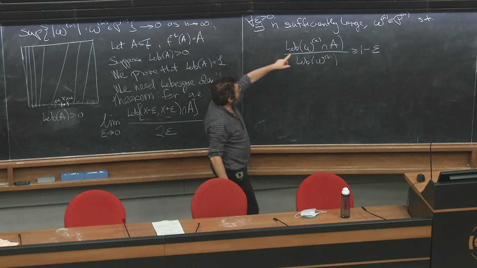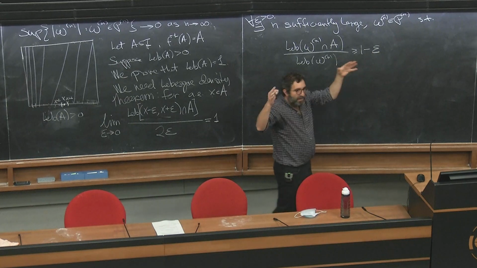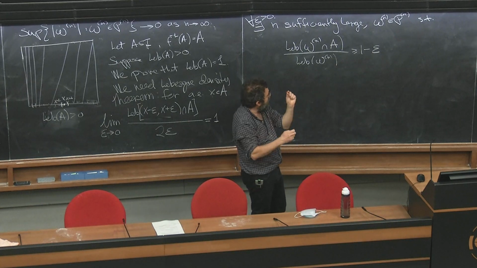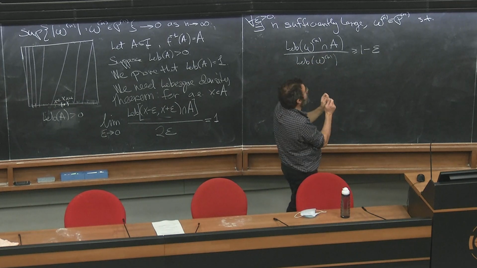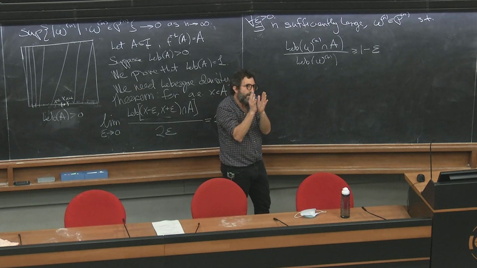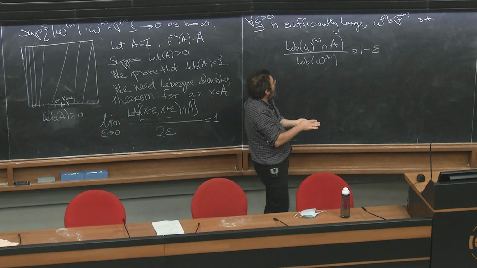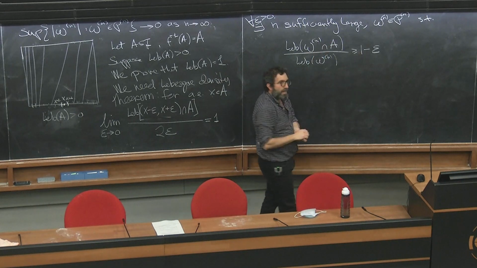When n is sufficiently large, these elements are very, very small, so I'm getting finer and finer partitions of the interval, squeezing around this Lebesgue density point. I choose some Lebesgue density point, and I take the interval that contains it, and when this interval is small enough, the measure of A inside omega n is arbitrarily close to 1.